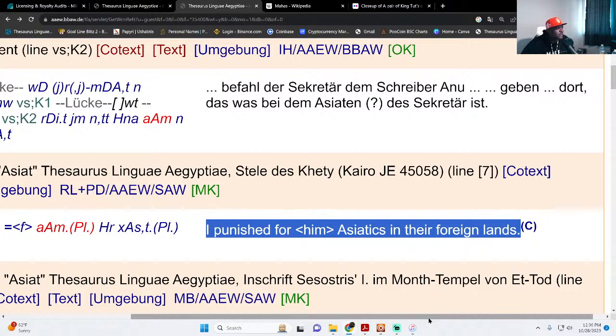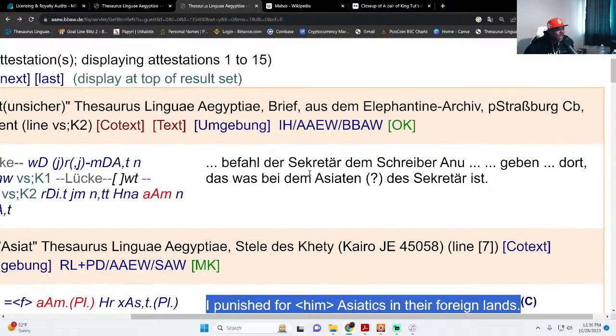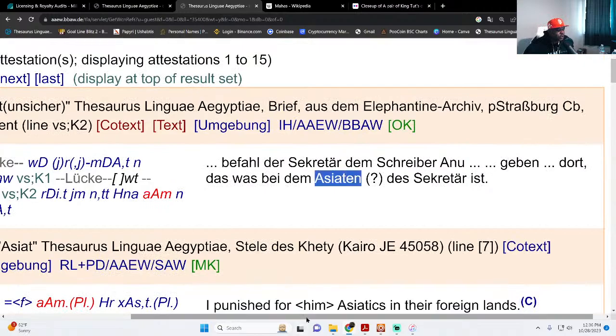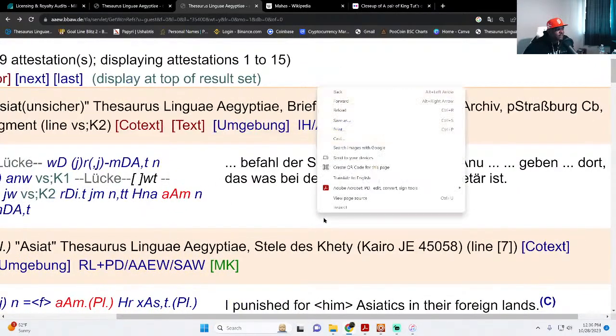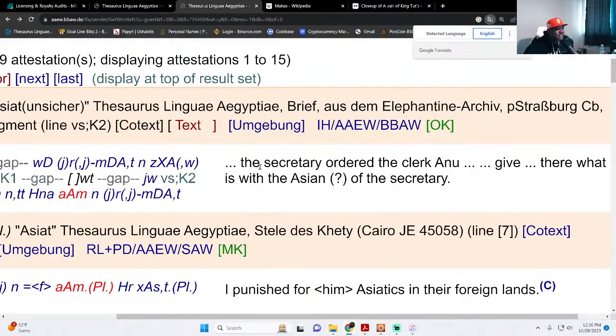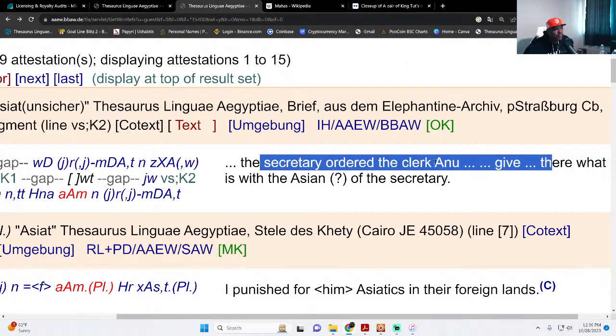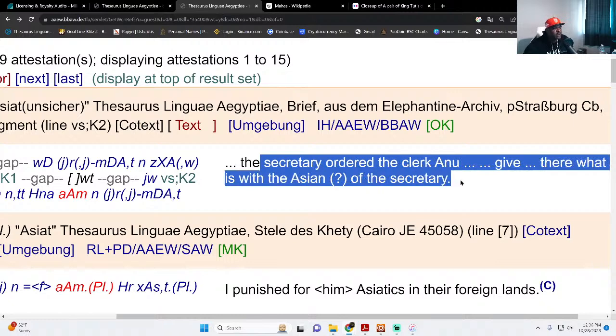Now, I said we look at two things. Could this here be classified as Easterners or just foreigner, where they say the secretary ordered the cloak Anu to give what's there with the foreigner to the secretary, or with the Easterner to the secretary? Kind of don't. I kind of feel like the scholars who chose Asian there chose it for a reason, but